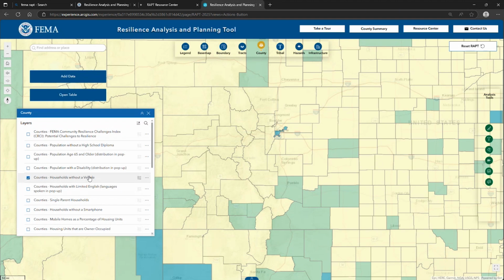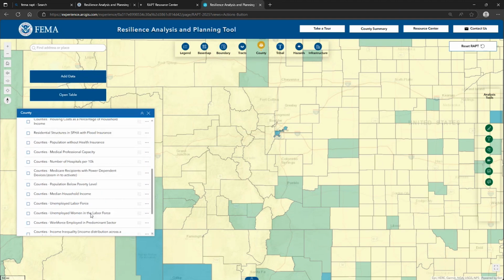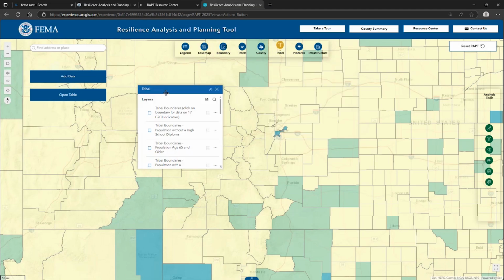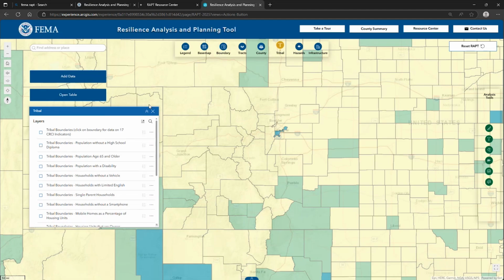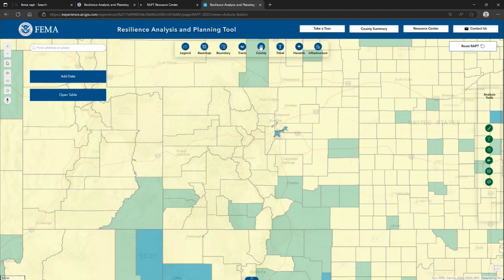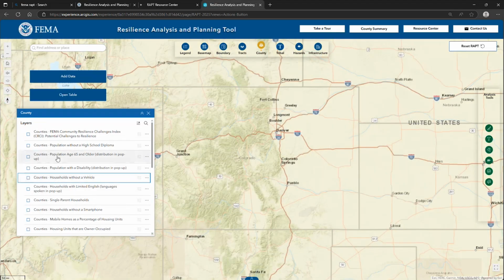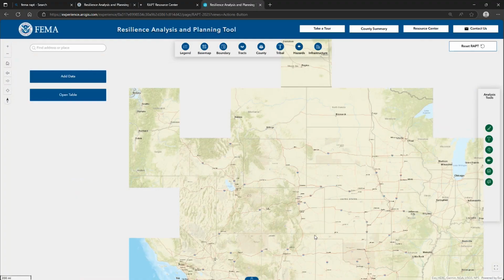In addition to county level indicators, which you can see we have a whole list of right here, we also have tribal nation indicators as well. We'll do the same. We'll drag these over. And the first thing we want to do, before we exit out of any layer list like we just did, is make sure we toggle that layer off so we can go back to our default base map. So let's zoom out a little bit so we can see a little bit more of the